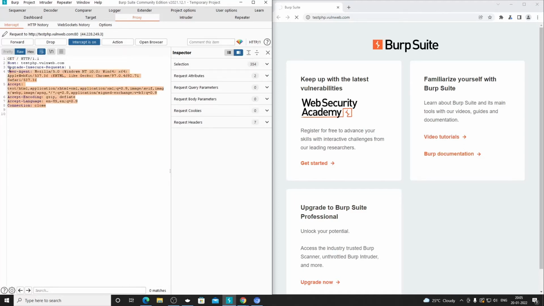And headers are always after the first line, like after GET or POST, whatever there is. After that, all the things are headers, okay? And I will show you, for the POST request, a body would always be there after a single line break. So whatever is there after that is the POST body, or request body, as people call it. Whatever is down here, like these HTTP methods, those are the headers, before the empty line.